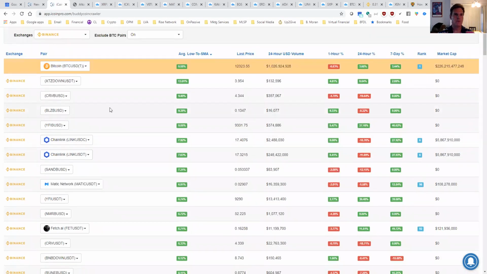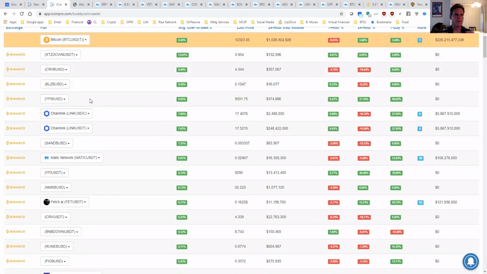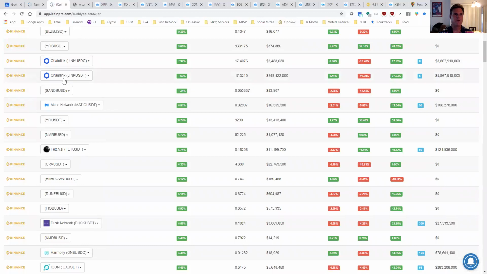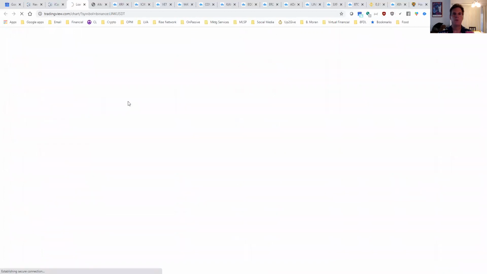I generally avoid those without a logo because these tend to be new coins. I'm not interested in the down coins right now or the USD pairs. I am very interested in this one here, Chainlink Link USDT. So I'm going to click on that and go to the Trading View